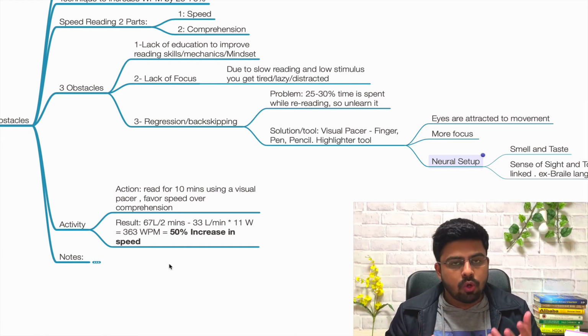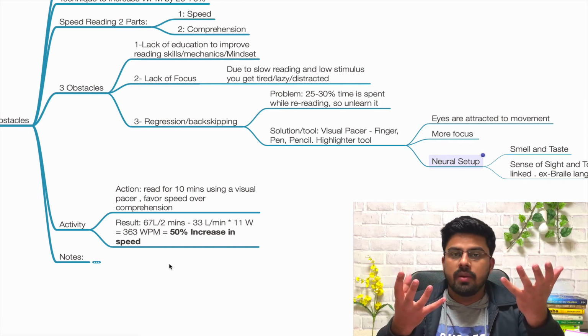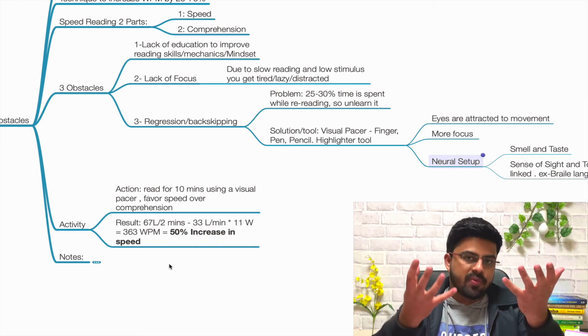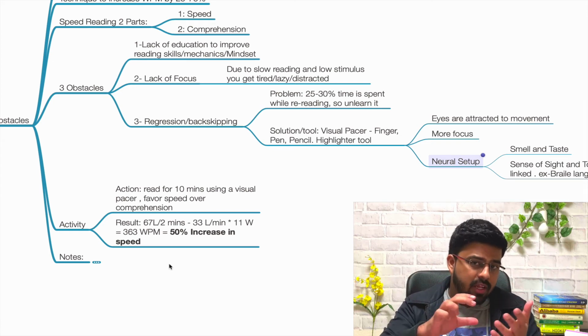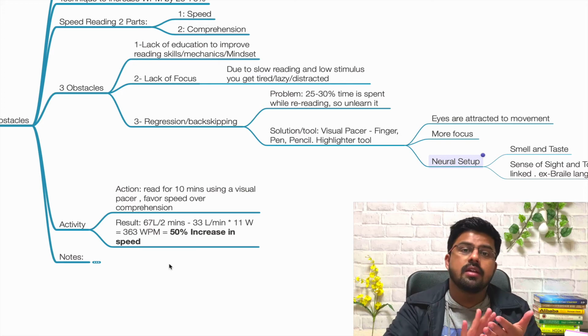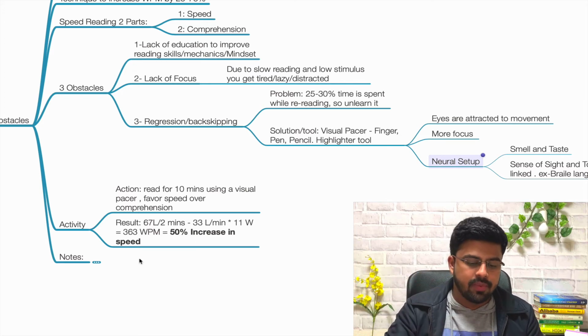Because by that time you would have already increased your speed. With that, enhancing your comprehension is not a big deal. You can enhance your comprehension easily. So simple: read for 10 minutes using a visual pacer and prioritize speed over comprehension. So prioritize speed. And let me tell you the results of what I found, what results I personally got using